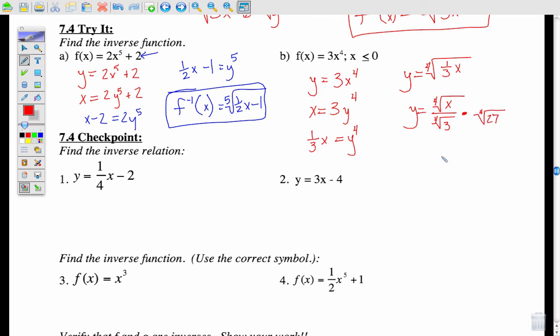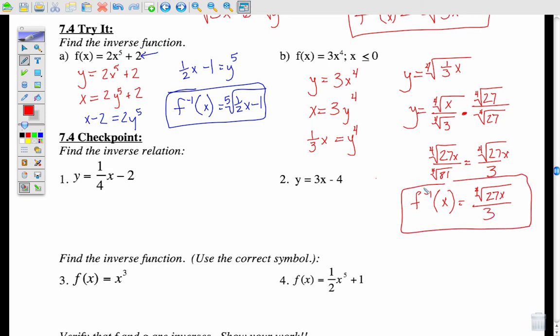Why 27? Because 3 times 27 will give you 81, which gives you the 4th root of 81, and the 4th root of 81 is 3. And then I've successfully gotten it off the bottom. So if I take the bottom times the 4th root of 27, I also have to take the top times the 4th root of 27. So you end up with the 4th root of 27x over 3. Whew, that was a little bit tricky. So f negative 1 of x equals the 4th root of 27x all over 3,